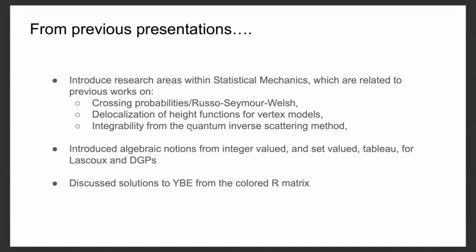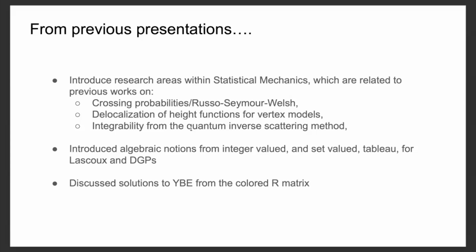And we've been making use of algebraic notions that were introduced from integer valued or set valued flagged tableau, which give expressions for Lasso and several variants of the double Grothendieck polynomial. And we also discuss how solutions to the Yang-Baxter equation are important for the colored R matrix, as well as the fact that these solutions to YBE also appear as properties of the universal R matrix,